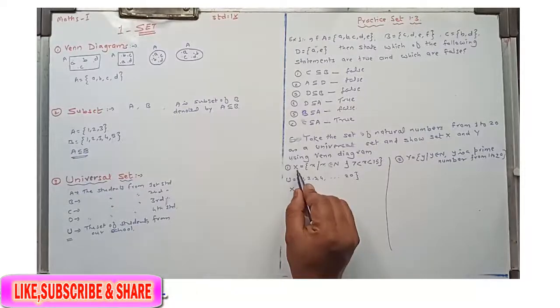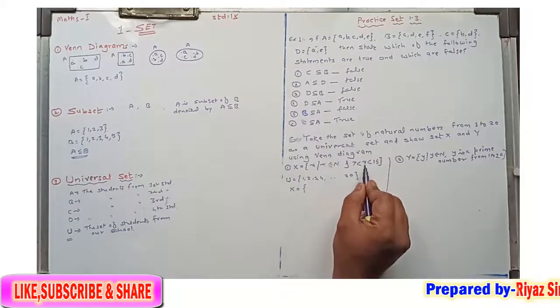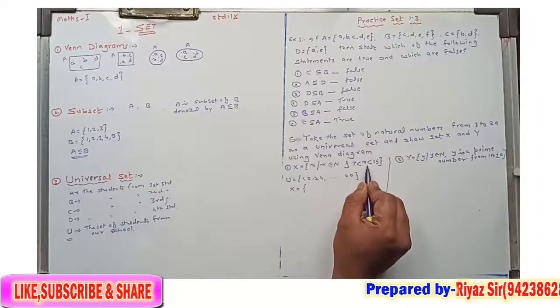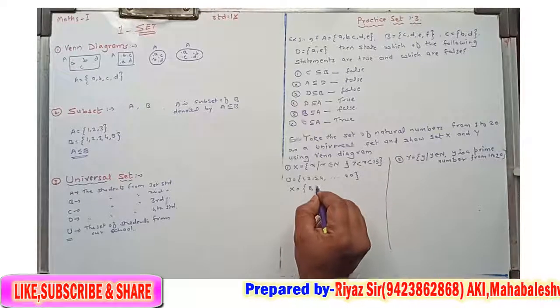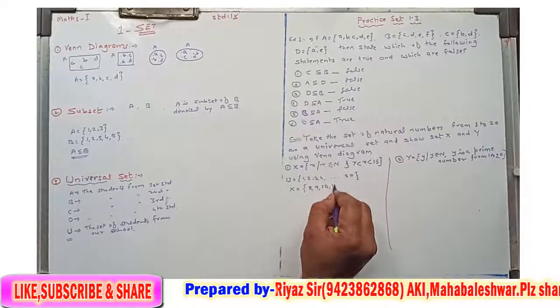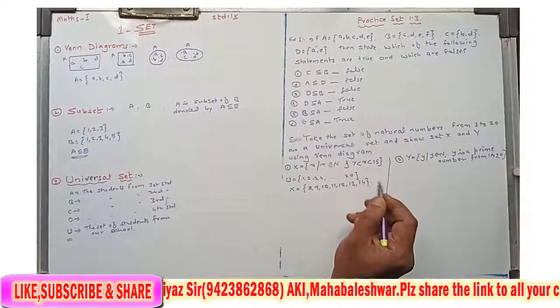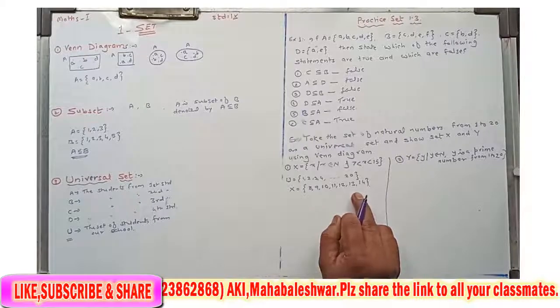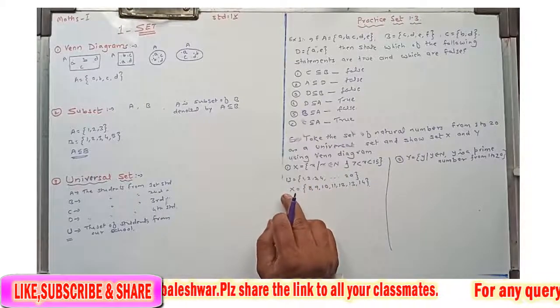So here capital X is the set of elements x such that x belongs to N, that means x is a natural number and x is greater than 7 and less than 15. Greater than 7 means it should be 8, 9, 10, 11, 12, 13 and 14. So those elements are contained in the set X, and now we have to show those two sets U and X as